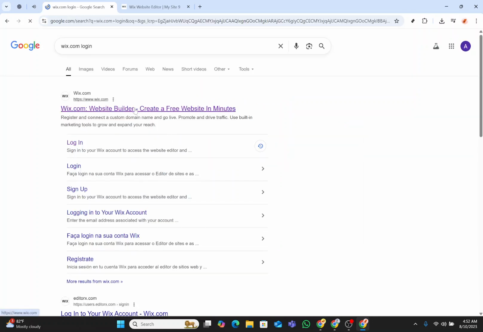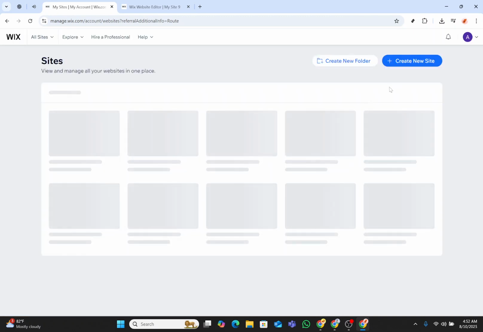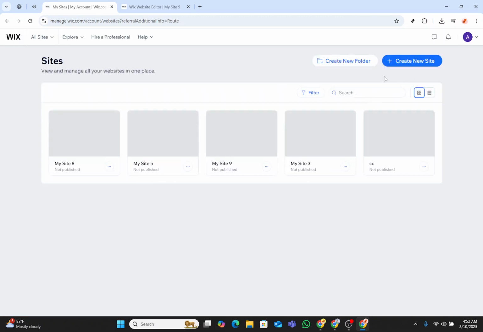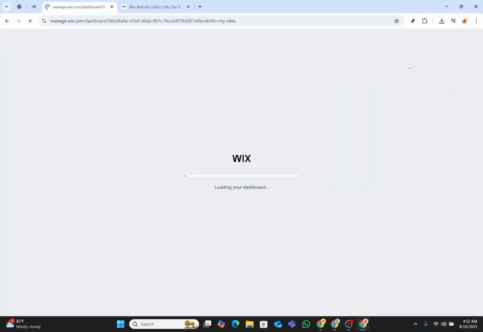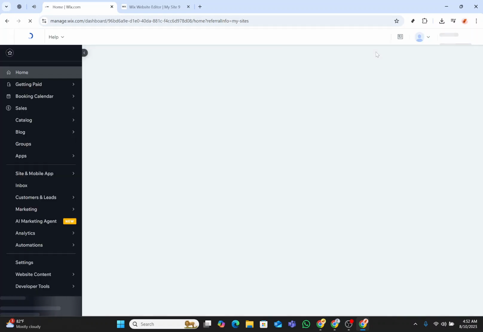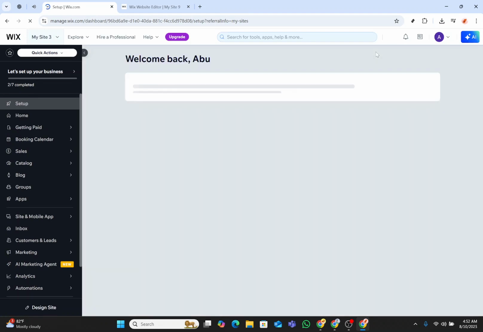First, let's go to wix.com and log in. Now, if you're not familiar with where to start or you don't have an account yet, that's okay. Simply head to the Wix website and you'll find an easy sign-up process if needed. Once you're logged in, you'll be greeted with your Wix dashboard. Here you'll want to click on Select and Edit Site. This is usually where all your personal or business sites are located, and it's an essential step in accessing your